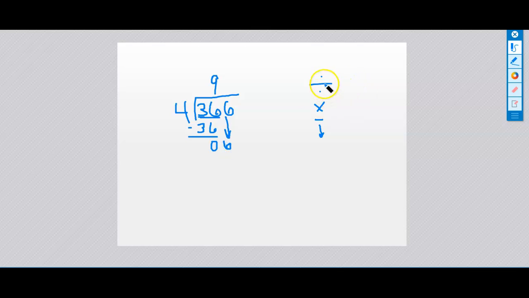Now here's my bring down part. I go back to divide. 6 divided by 4 is equal to 1, because 1 times 4 is as close as I can get to that 6 without going over. I don't have any numbers to bring down, so my remainder is 2. So my answer is 91 with a